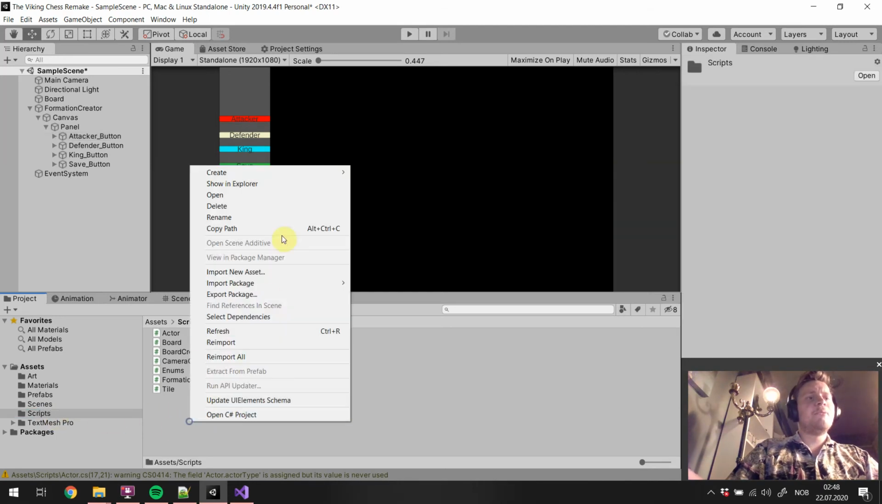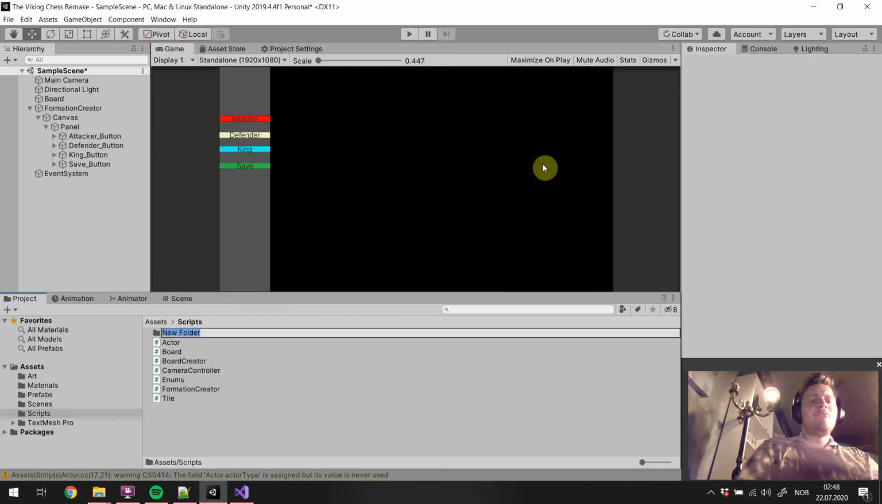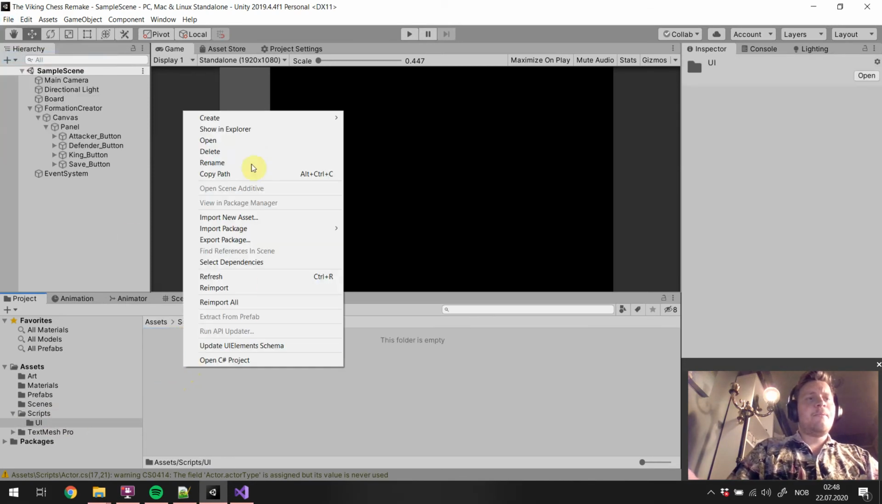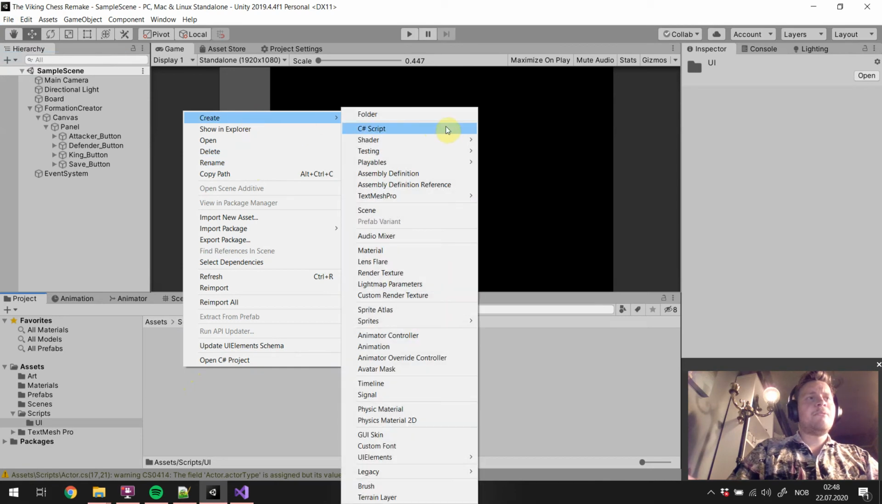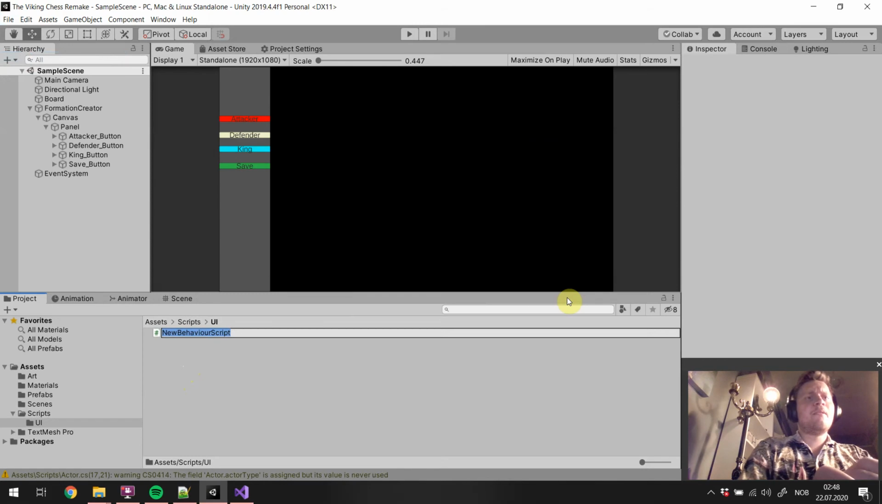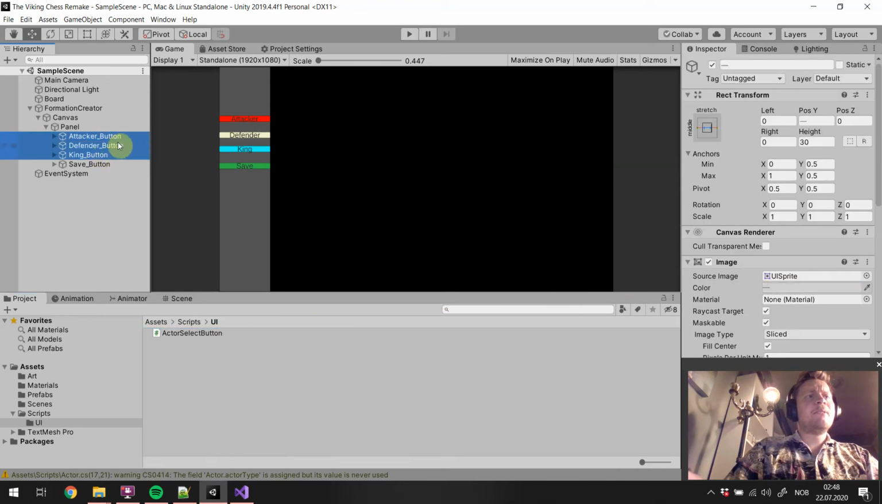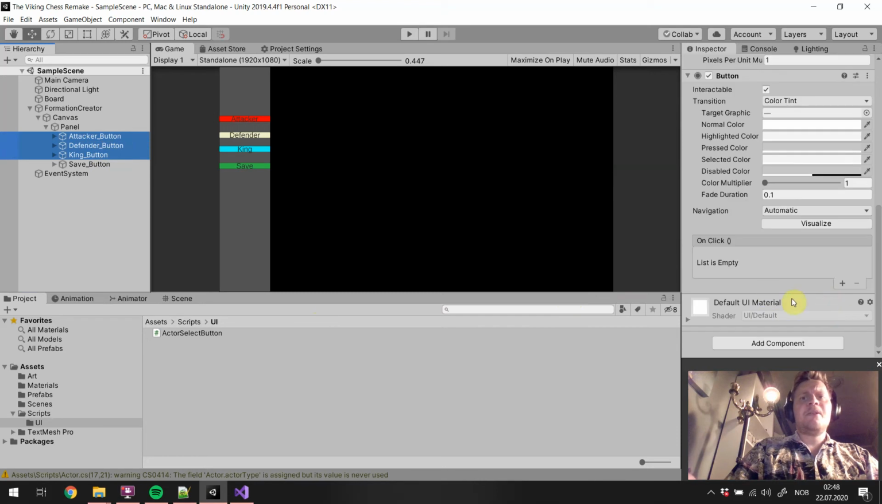Inside the scripts folder, I tend to use its own folder for UI. So UI, and inside of there, we create a script called actor select button. And in all 3 buttons, attacker button, defender button, and king button, we're gonna add that